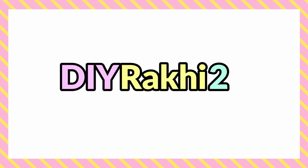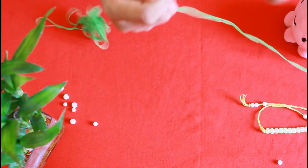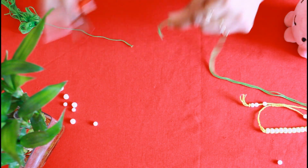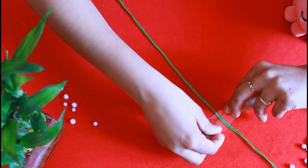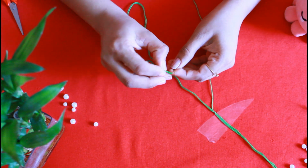Okay, so let's move on to the next DIY Rakhi. Again, you have to take any colored dhaga of your own choice, cut 3 pieces of it, 40 centimeter each, and then make a knot measuring 15 centimeter from one end. Again, stick it on the surface or the platform, but this time separate them into 2 parts and put needle